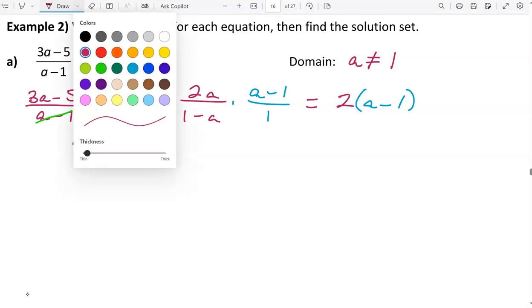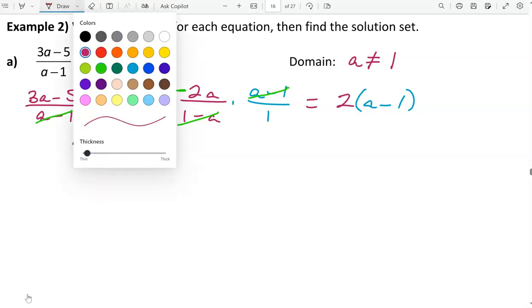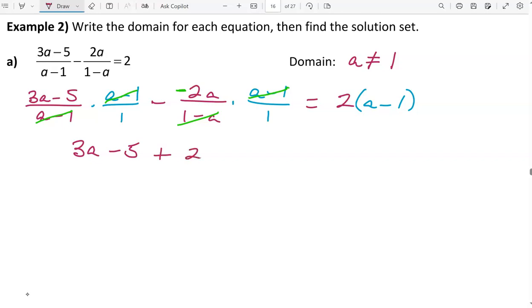And then, when we cancel in the second multiplication, 1 minus a and a minus 1 are opposites. That's going to give us an extra negative. Now we have minus negative 2a, which is plus 2a, equals, and on the right side there is no canceling to do since we're not multiplying any fractions together, so just distribute the multiplication over that subtraction and we get